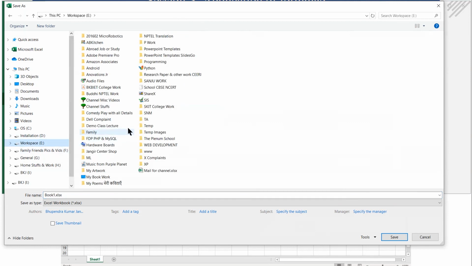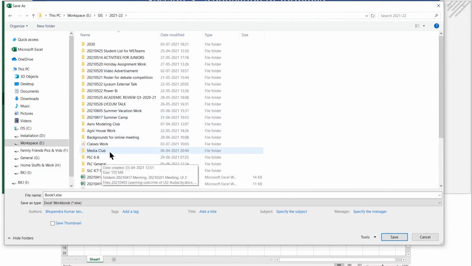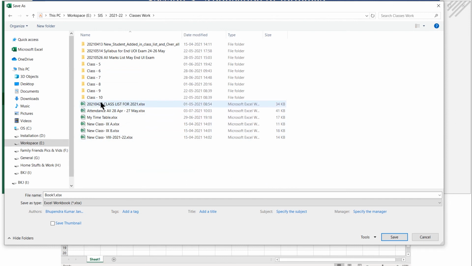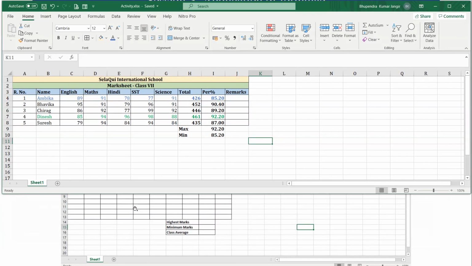So I go to workspace, SIS 2022, and classes work and class 7. I'll save with an appropriate name, suppose activity. Okay, so now it has been saved at the proper location, so in the future if I want I can access it.